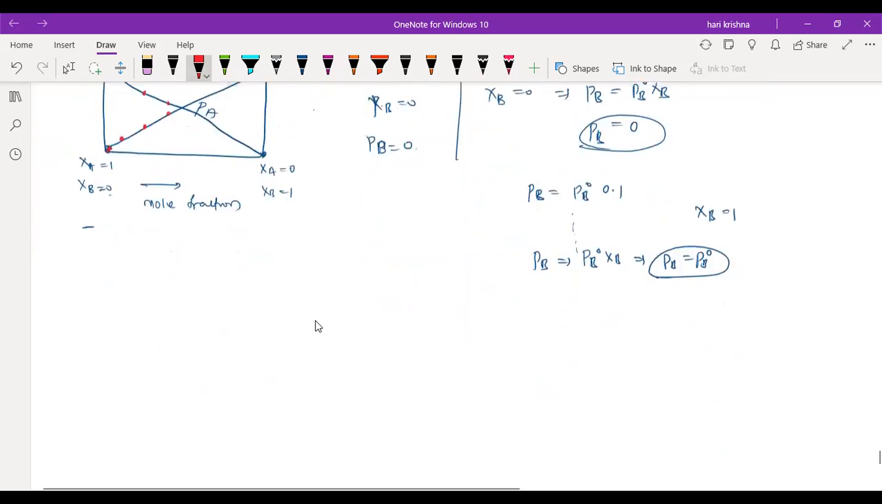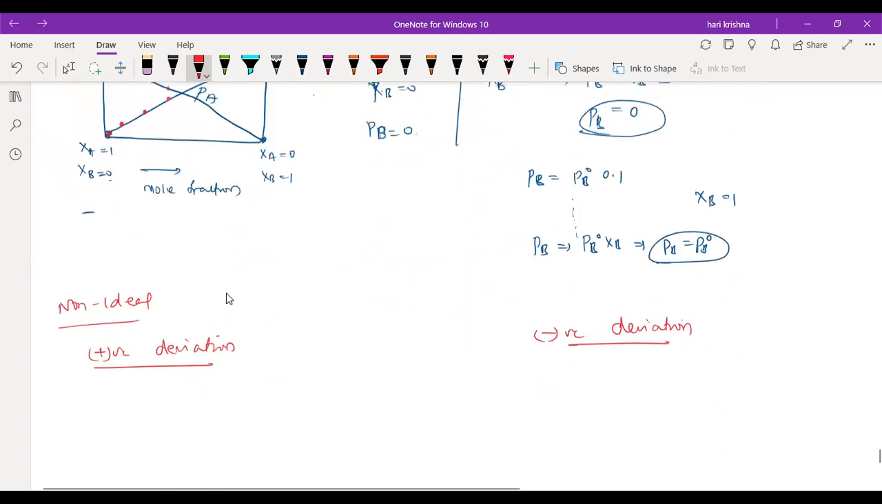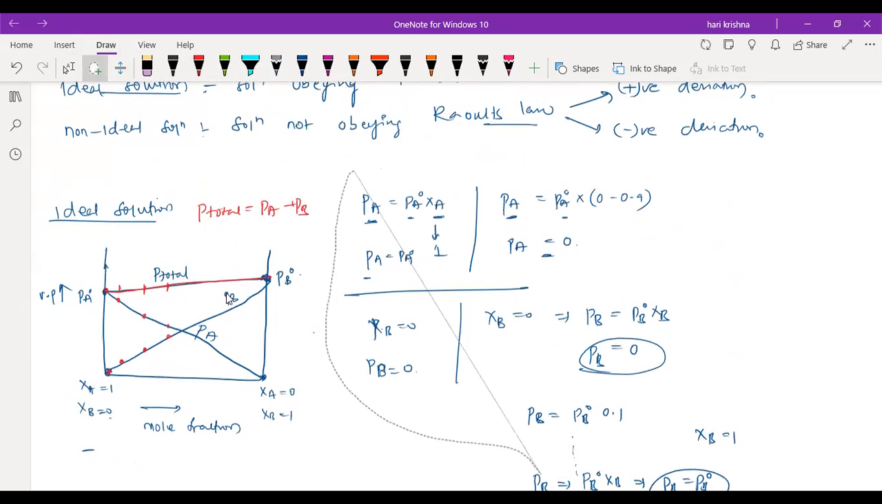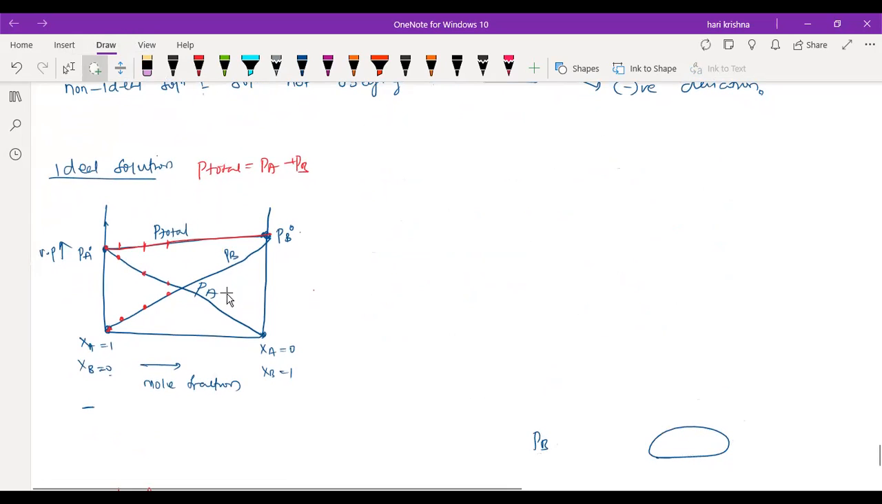Sorry, ideal solution curve. Next, when we come back to the non-ideal solutions, we have two curves. Non-ideal is again of two types. One is the positive deviation. The other one is the negative deviation. But whenever the solution is showing ideal behavior, it has three important conditions. So for any solution to show the ideal condition, for ideal solution,